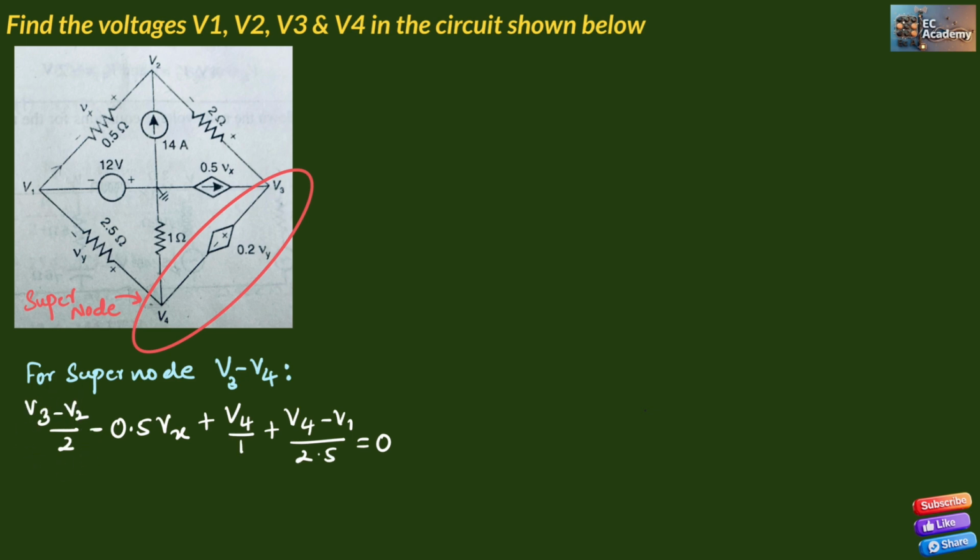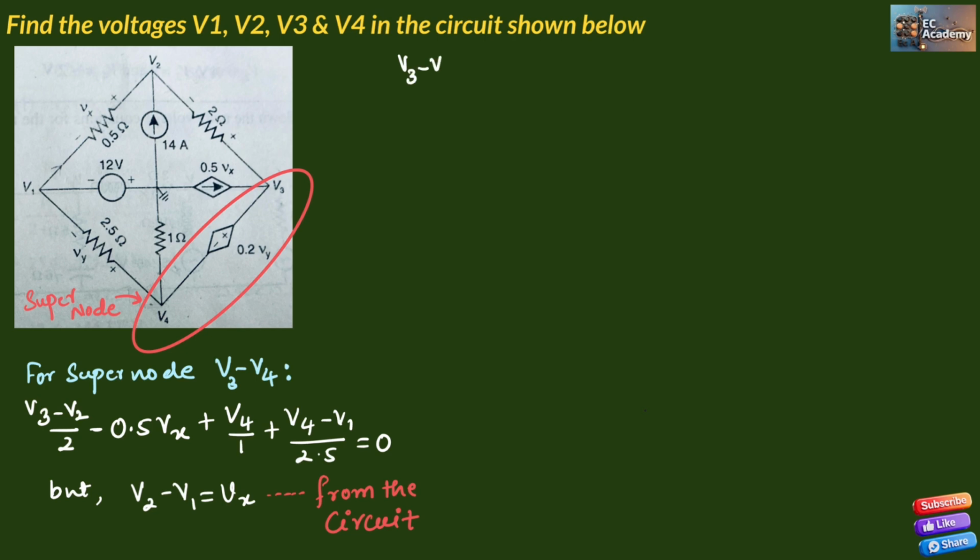So from the circuit, we can say that V2 minus V1 is equal to Vx. So this is from the circuit. If we substitute V2 minus V1, that will be equal to Vx, in the above equation, we can write